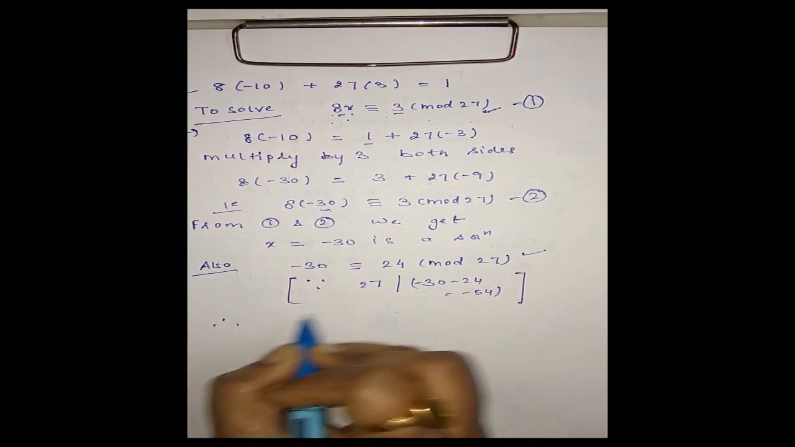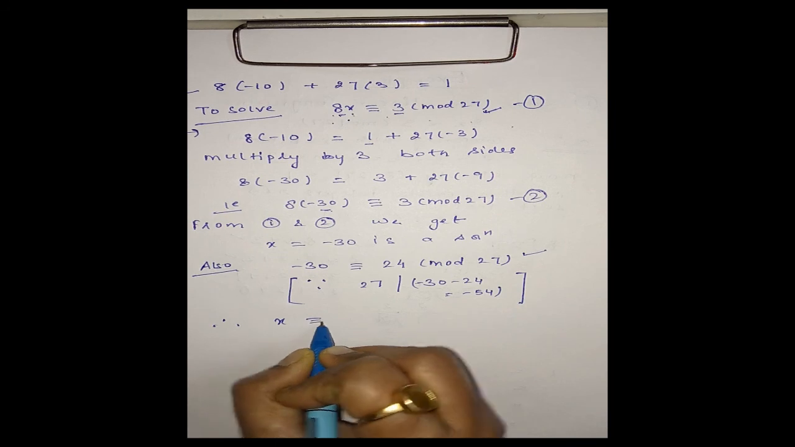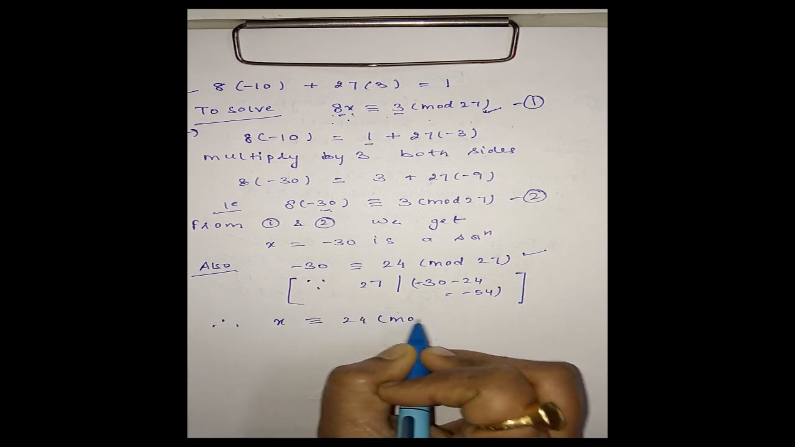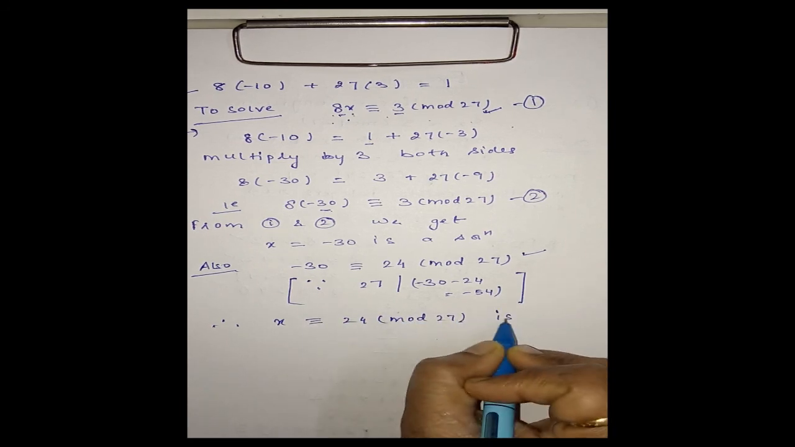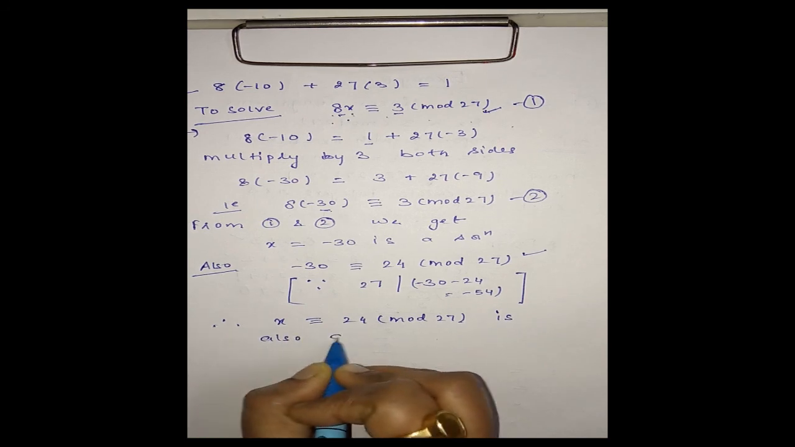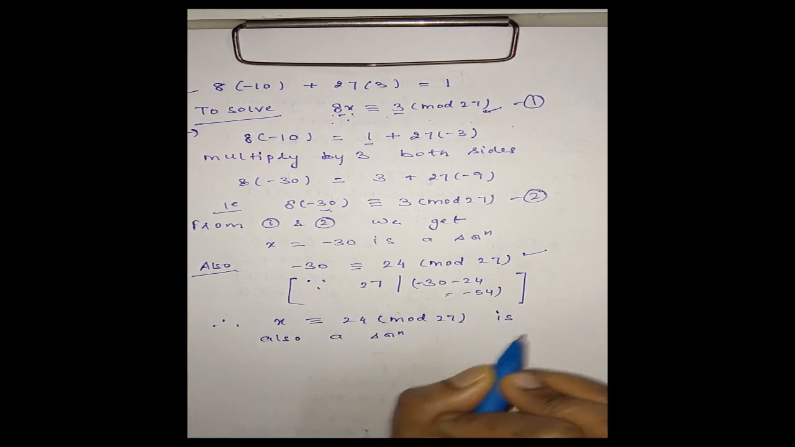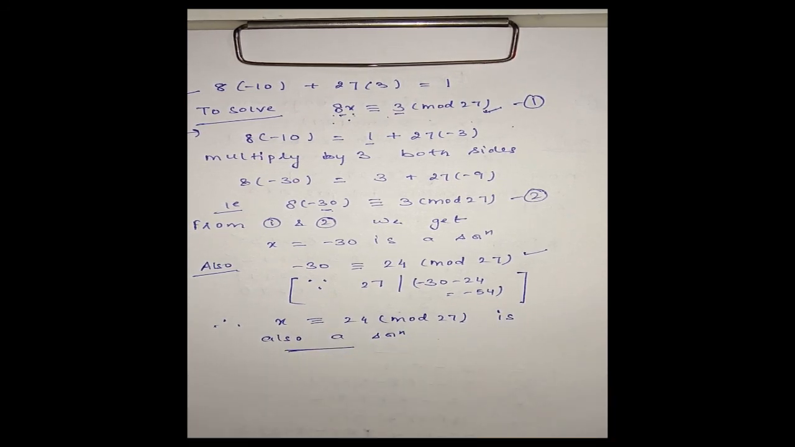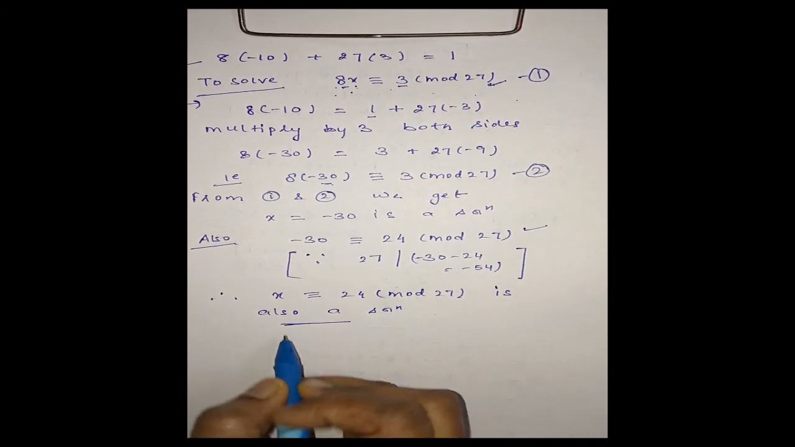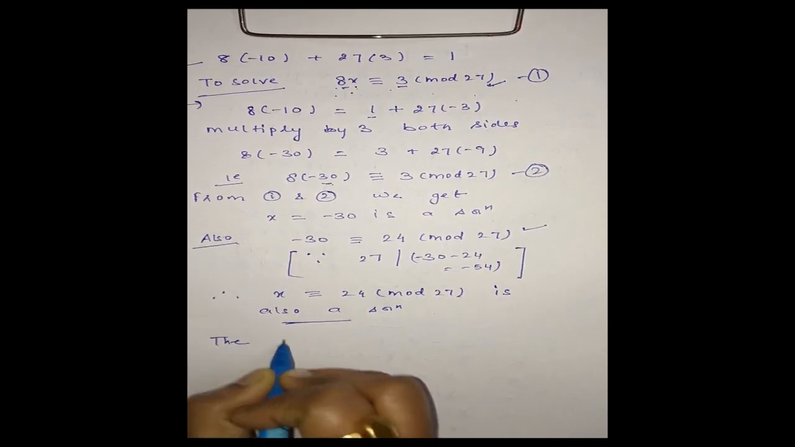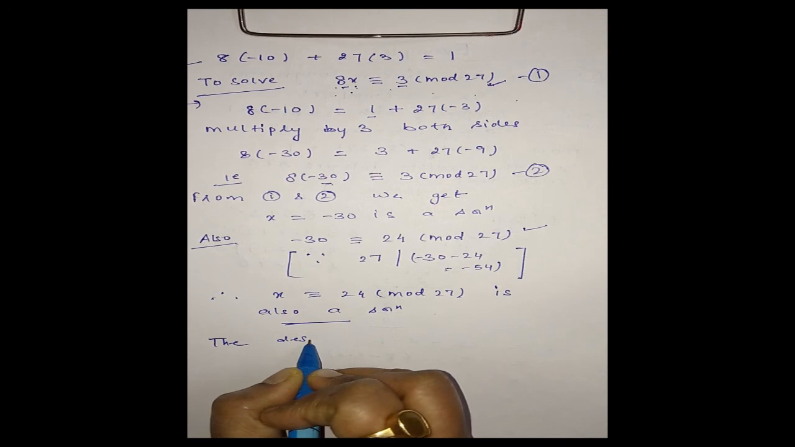Therefore, from this we can say x is congruent to 24 modulo 27 is also a solution. We can say this. Okay, x is congruent to 24. Clear? Therefore, the general solution or desired solution